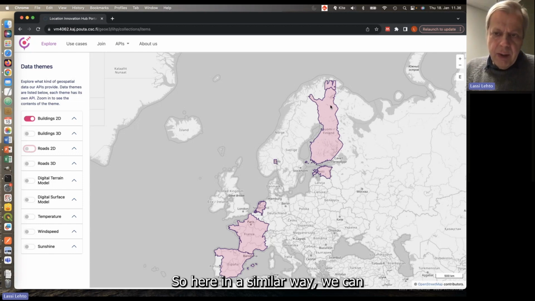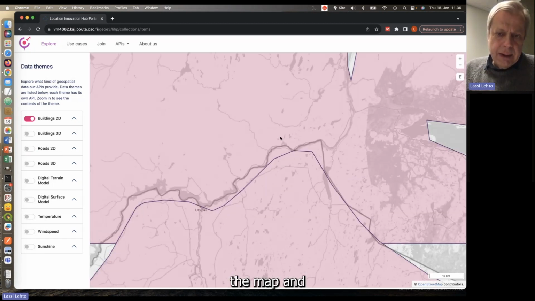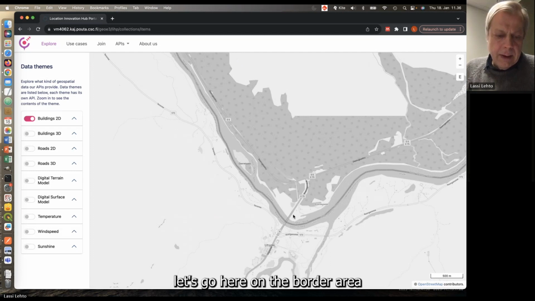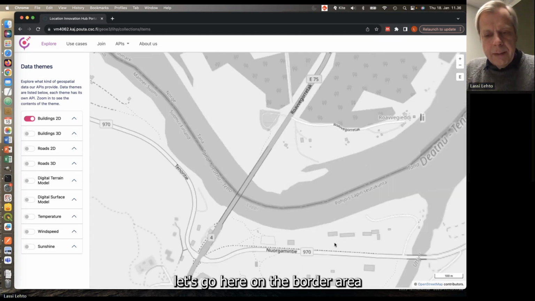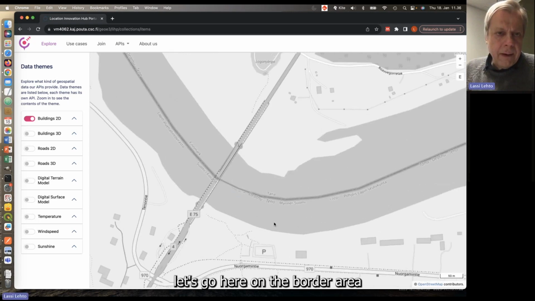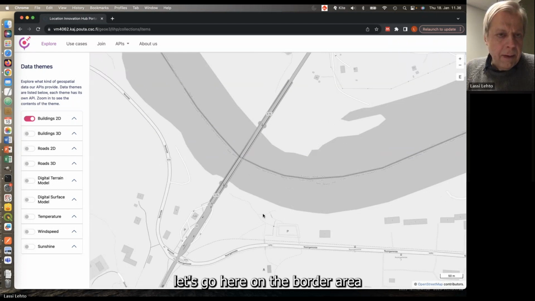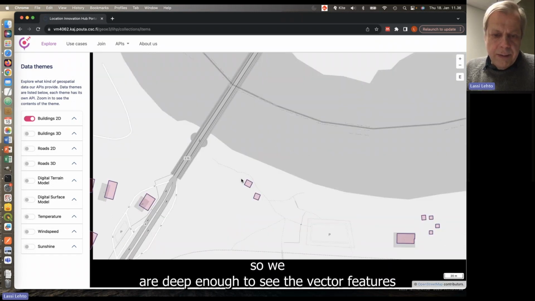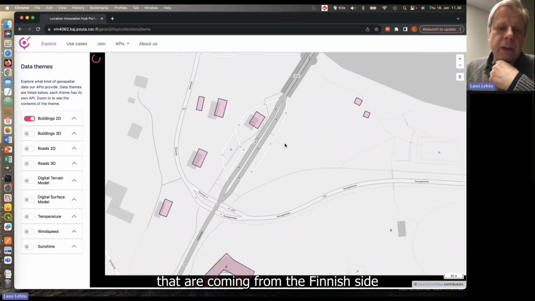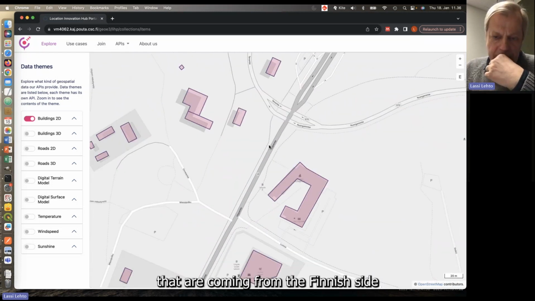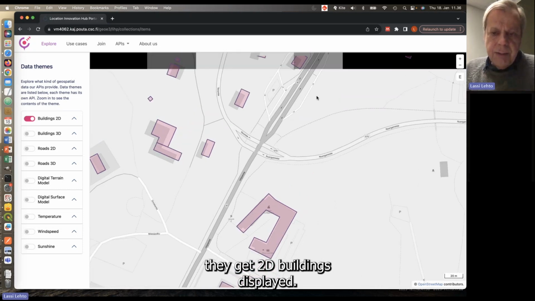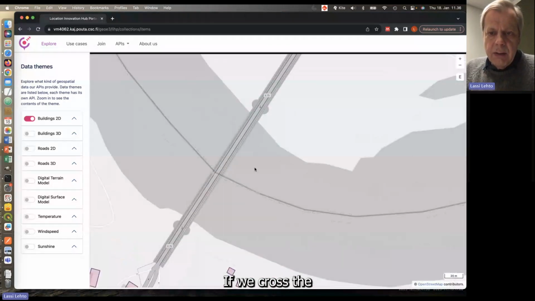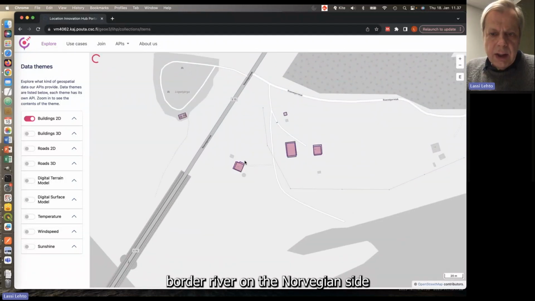So here in a similar way we can zoom in the map, and let's go here on the border area. So now we are deep enough to see the vector features. Here we are on the Finnish side. We get 2D buildings displayed. If we cross the border river on the Norwegian side, we will be getting